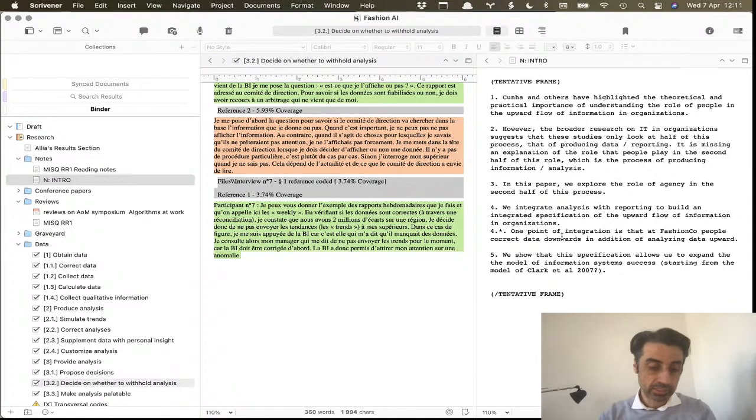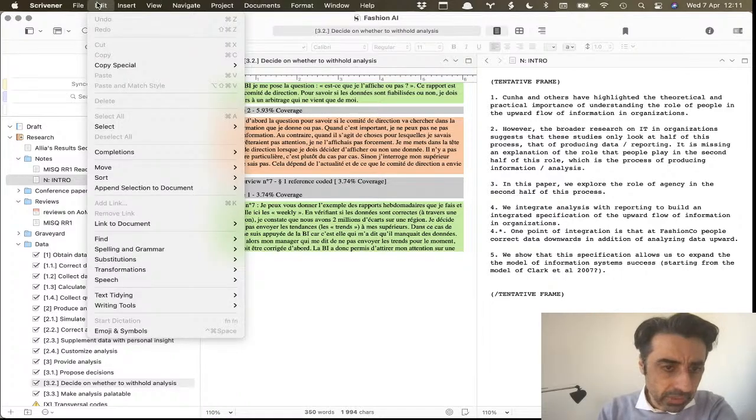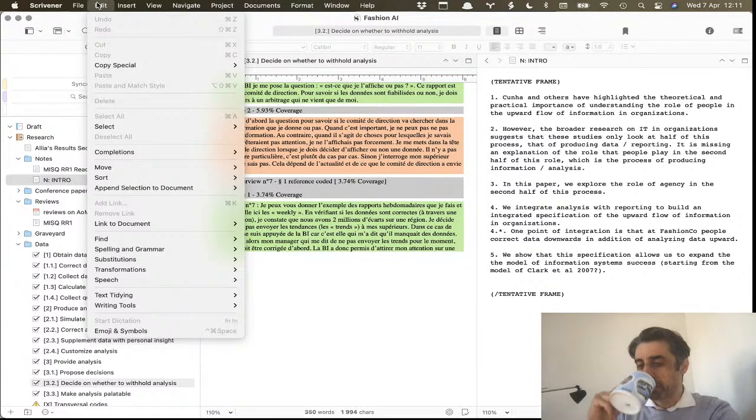Okay, so second feature: collections bring documents in different parts of the binder together in a place where they are super easy to find and scroll through. Now, the final set of tools that I want to share with you, and this will seem small, but they actually save a lot of time,